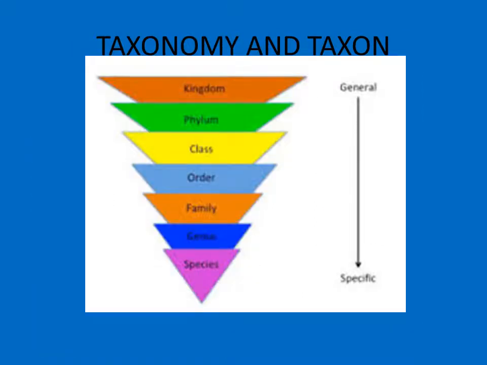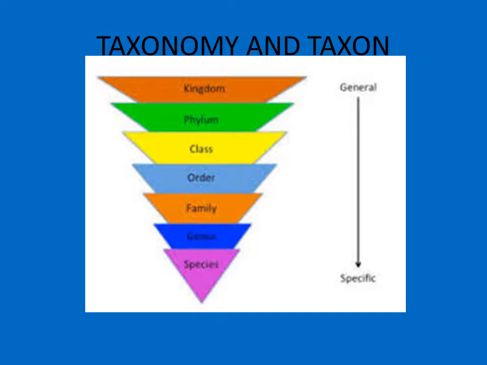Here you are watching the picture of a very familiar system that is known as taxonomic hierarchy. So what is taxonomic hierarchy? Taxonomic hierarchy is a system in which we have divided the different ranks in classification, which are known as taxons, from lower to higher levels. So here in the taxonomic hierarchy, the lowest rank is always given to species. Next to the species, the higher rank is given to genus.